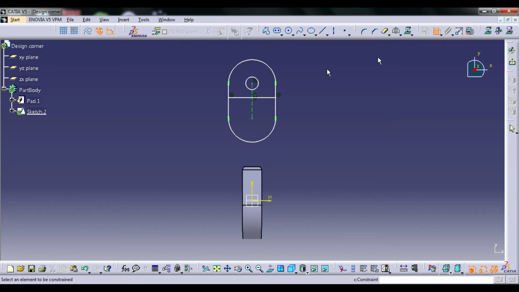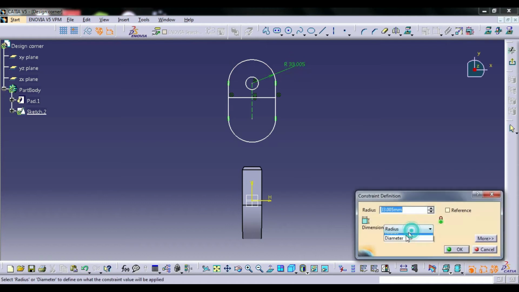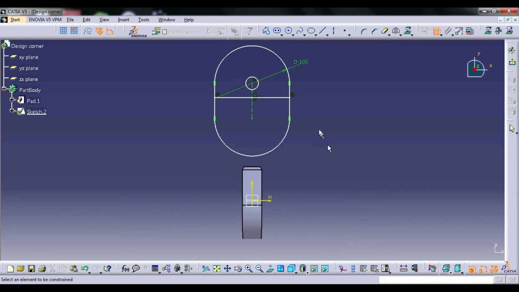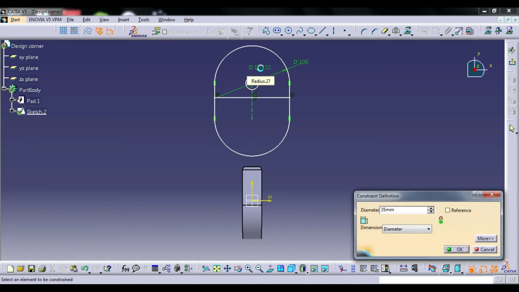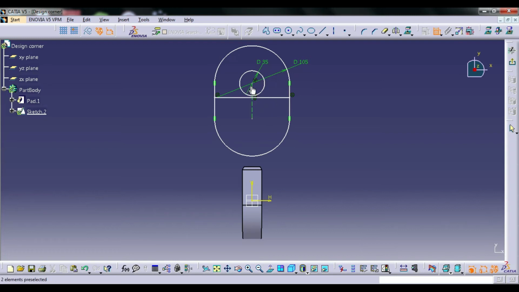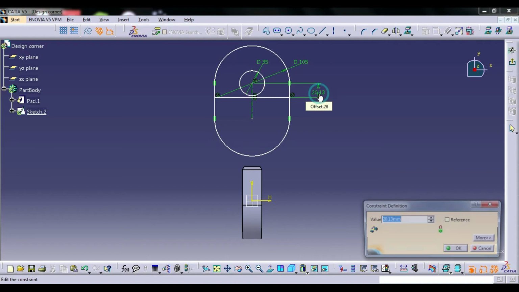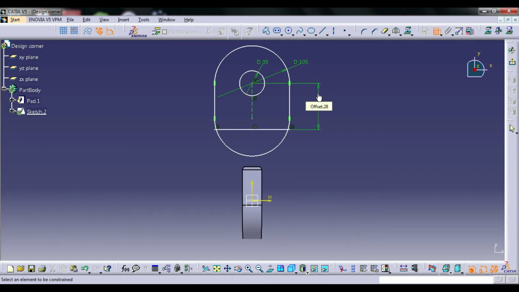After that, double click the dimension: this is for the diameter 105, and this is for the diameter 35, and from this center to this line, 65.